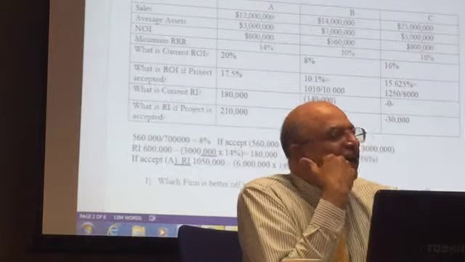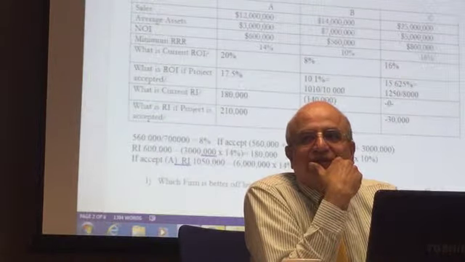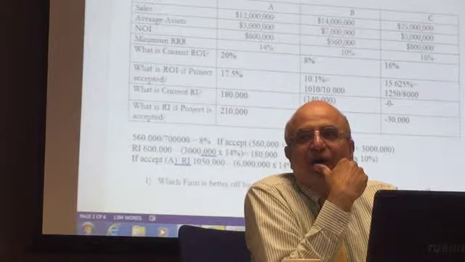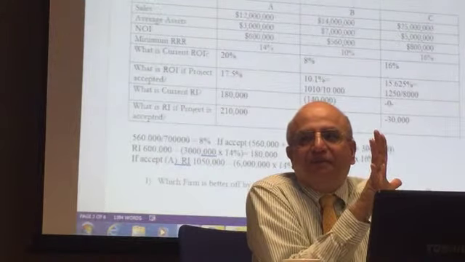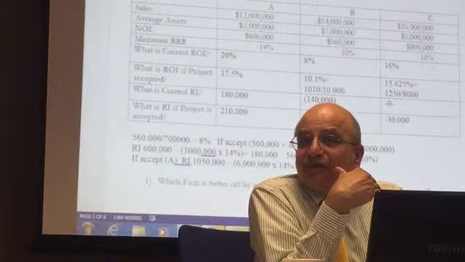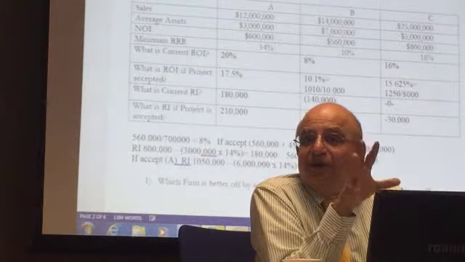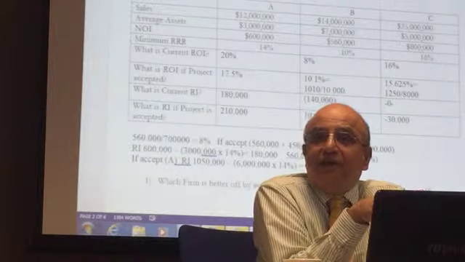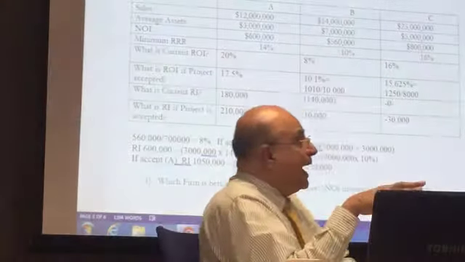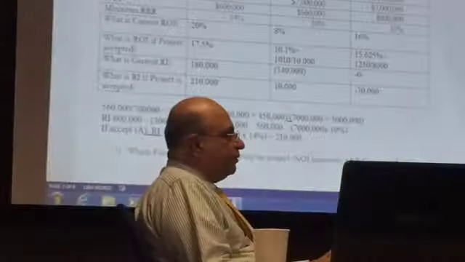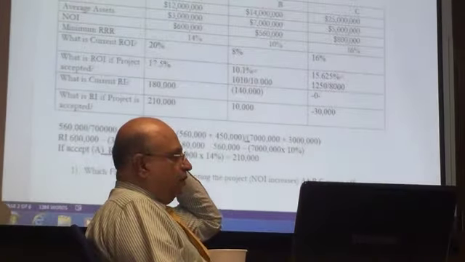Is it all right that in this special example, RI is better than ROI? Because if you reward them on ROI, manager A, who can actually make money off this project, will refuse it because their personal income will go down. Is that all right, Rebecca? I just want to make sure the point is that if you're rewarding based on ROI in this case, the manager of A will turn down the project. ROI is going down, yeah, but the overall income is going up.